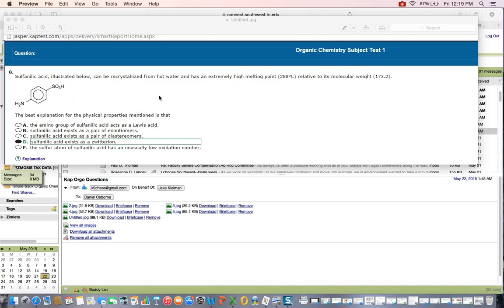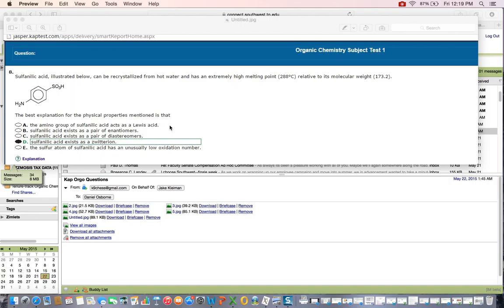given in the problem. It can be recrystallized from hot water and has an extremely high melting point relative to its molecular weight. So we want the best explanation for its physical properties. So let's look at these one at a time. A states the amino group of sulfanilic acid acts as a Lewis acid. The fact that it can act as a Lewis acid isn't going to strengthen its physical properties in terms of